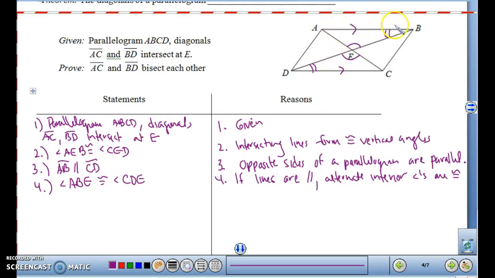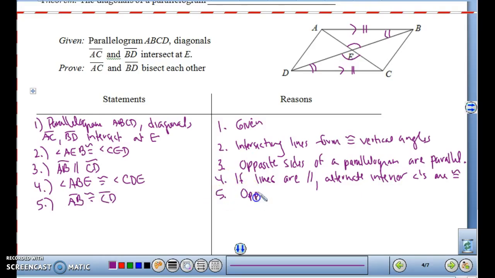But if we get this side and this side congruent, we could use angle, angle, side. All right, well, where are these sides in the parallelogram? They're opposite sides. Well, what else do we know about parallelogram sides? They're congruent. So we would know that this side and this side are congruent if it's a parallelogram. So we could say that AB is congruent to CD